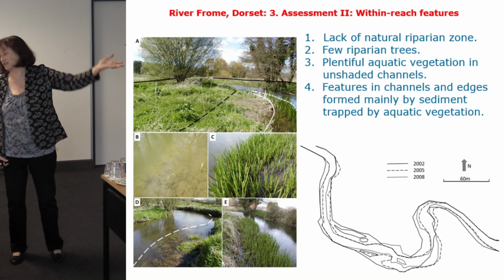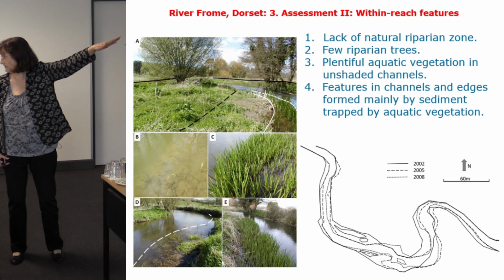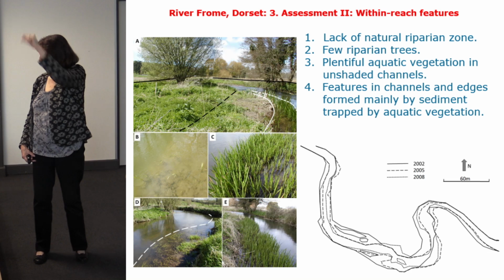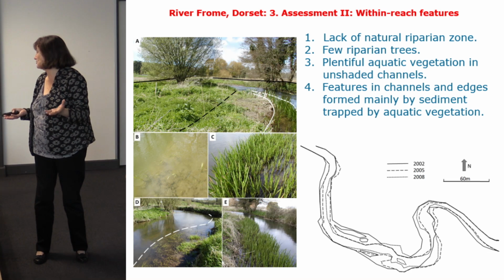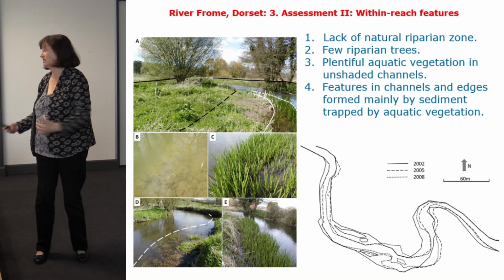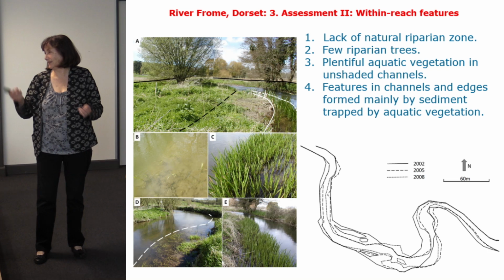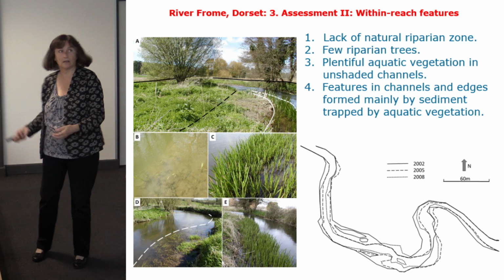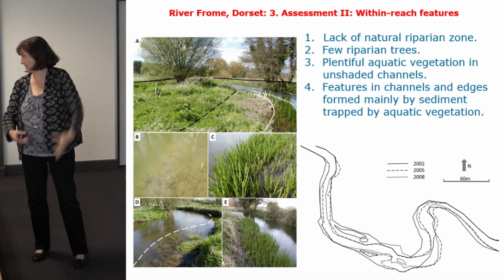We can see there's virtually no riparian zone apart from what the river has built inside its own channel. It's agriculture beyond that. We see the occasional riparian tree dotted along the riverbank. So the river's essentially unshaded in most reaches, therefore the aquatic vegetation just goes mad. I mean, loads of it. And certainly Ranunculus is not endangered on the River Frome. It fills the channel in the middle of the summer. But the key plant is this Sparganium erectum,